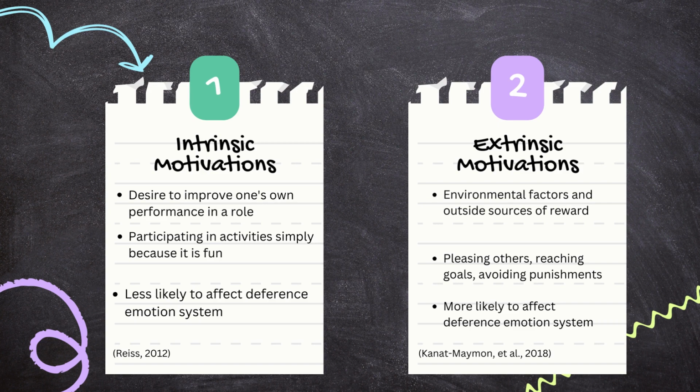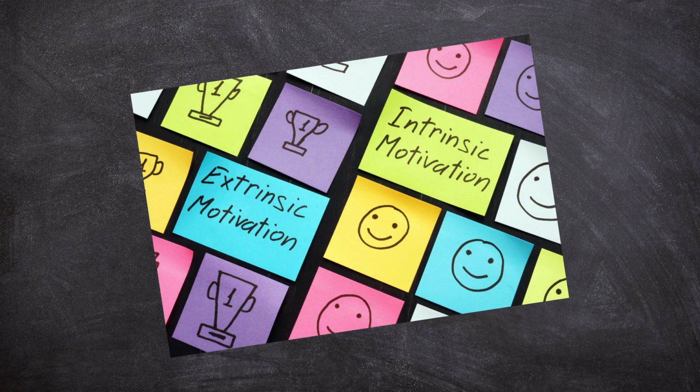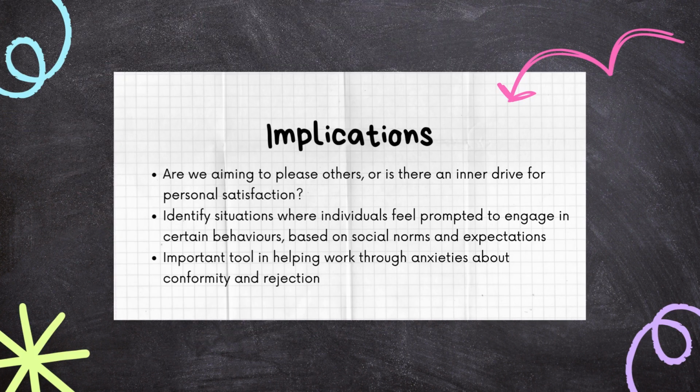These are the motivations driven by the desire to please others, achieve external goals and rewards such as recognition, and avoiding punishments like demotions. Whilst a significant portion of the deference emotion system relies on extrinsic motivations, it is important to recognize that both forms of motivations often coexist to influence behavior. So, when we act with or without deference, are we solely aiming to please others, or is there an inner drive for personal satisfaction? The deference emotion system offers a promising tool for understanding why we compromise our authentic selves